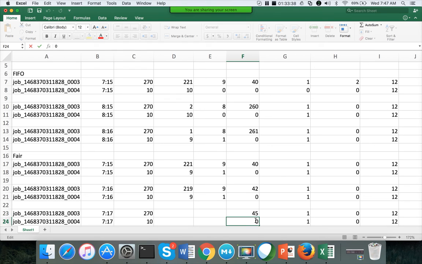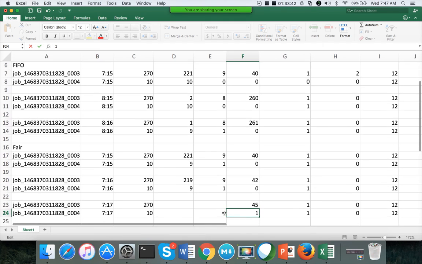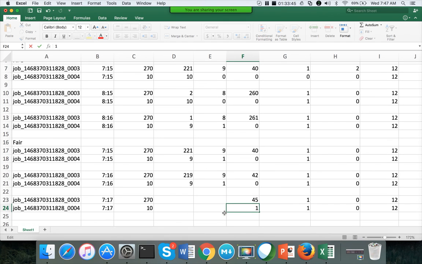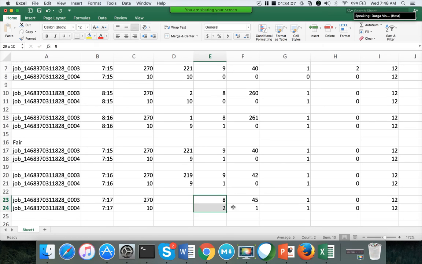Let's say 1 is completed here. So let me delete these 4, we will fill these things later. Now we have 4 tasks which can be allocated to the jobs that are available. Again, those 4 will be equally distributed between both the jobs that are running at that time. So 2 will be running here, and here it will be 8. Okay, and if you add these 2 and also these 2, 8 plus 2 plus 1 plus 1, 12, which is the total capacity of our cluster.